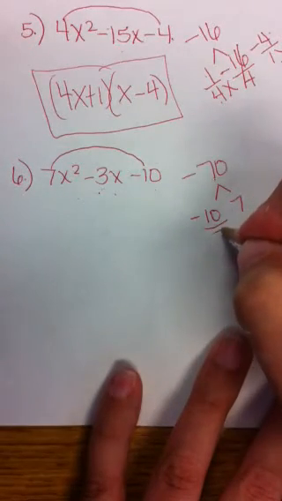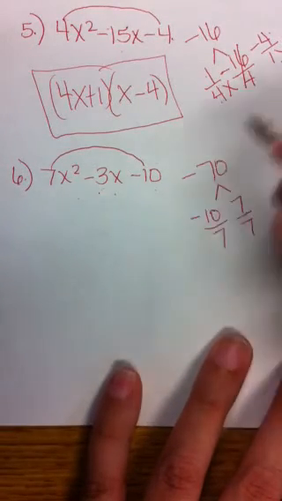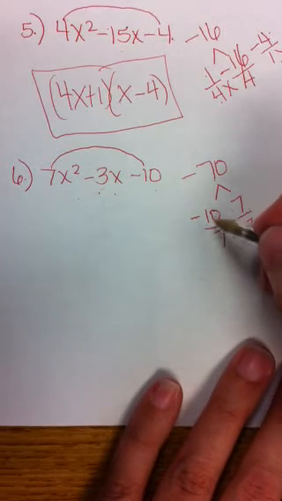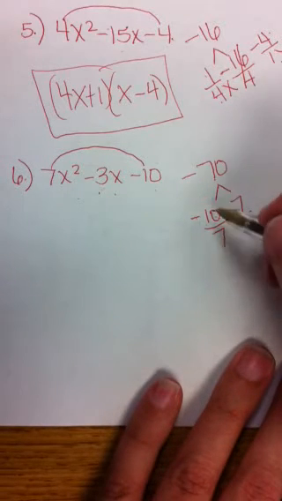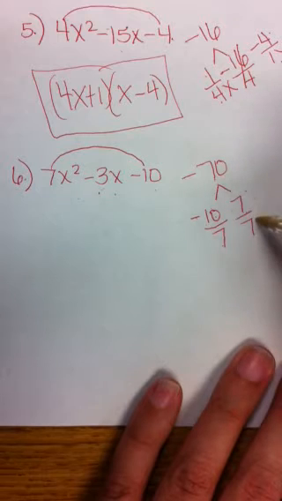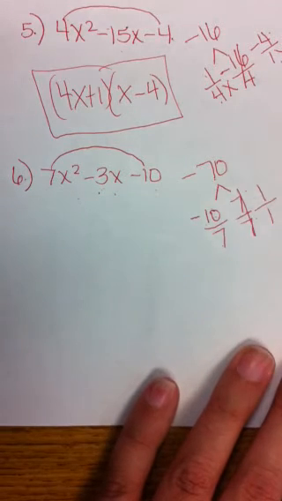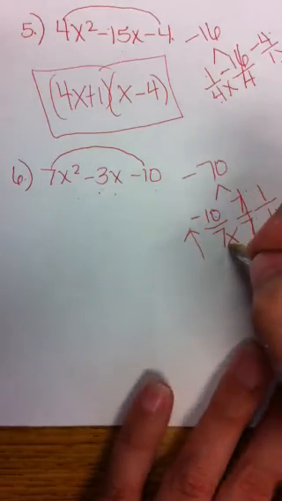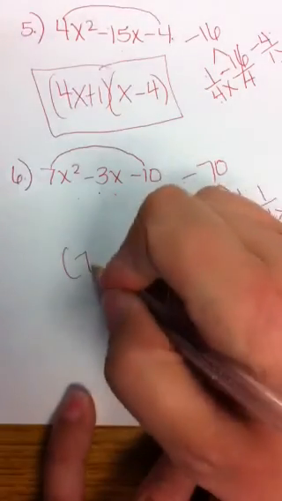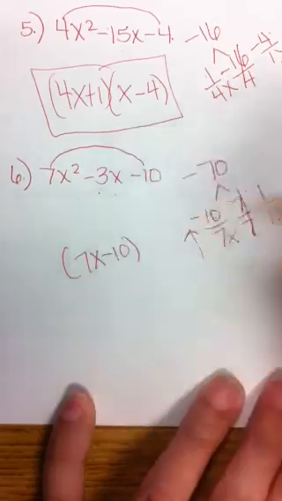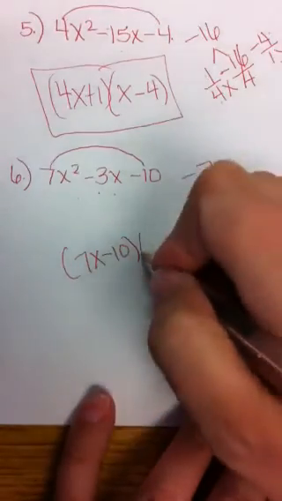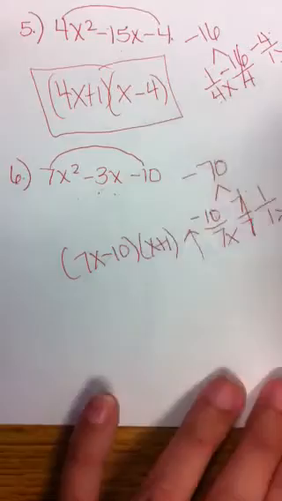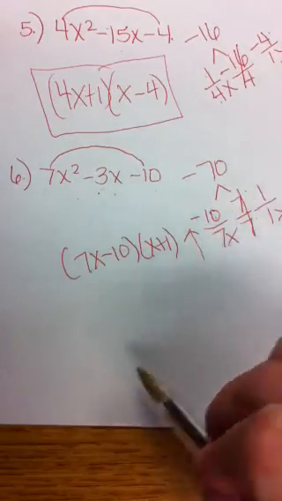We divide both things by 7 because that's our A, and we reduce. Can you reduce negative 10 over 7? No, there's not a number that goes into both. 7 over 7, though, reduces to 1, which really means 1 over 1. Put your x's on the bottom and read going up. So 7x minus 10 and x plus 1. And remember, if you're not sure if your answer is right, you can always check it